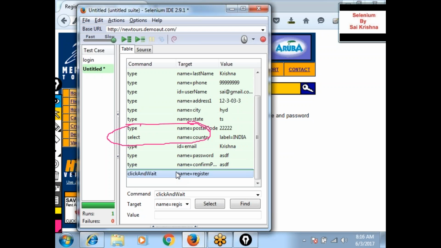In the IDE, once all the steps are executed, in the end I have to check whether the registration is successful or not. So I want to insert a new command at this location where I am putting the mouse control. Wherever you want to insert a new command, you place the mouse control on that location, and come back to your